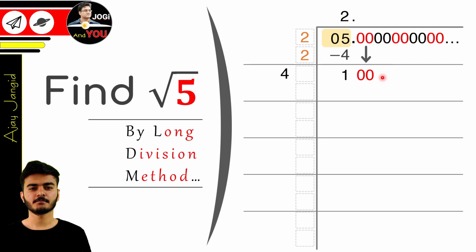Do you know why we took this 0 in the pair? Because squaring is always done with pairs, so the square root will also be done in pairs. And in the long division method, the digits will also be carried down in pairs. So which number should we put here so that the multiplication of that number comes the same as 100 or less than 100? Like if we put 3 here, so 43 multiply 3, or 4 means 44 multiply 4. You have to do hit and try, but I have already done it, so I will use 2. So 42 multiply 2 is equal to 84, which we have to subtract from 100.